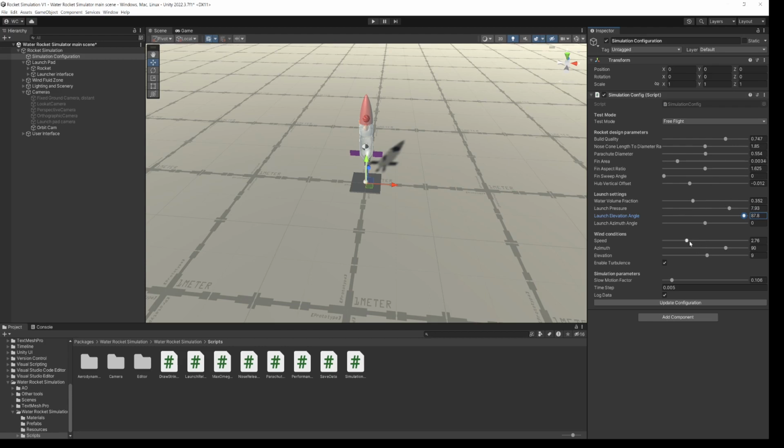And then wind, as I say, last year it was really windy, but there's probably going to be some wind, so look at it in the middle there. And I would probably leave the turbulence on because that's realistic in that it's probably going to be gusty on the day. Okay, so that's the rocket simulation. It's here to guide your engineering intuition so that when you sit down building your rocket in the lab and you're making these decisions, and you've used your Excel spreadsheet to work things out, you've got some dynamics from this,